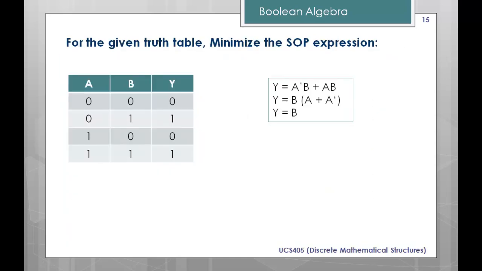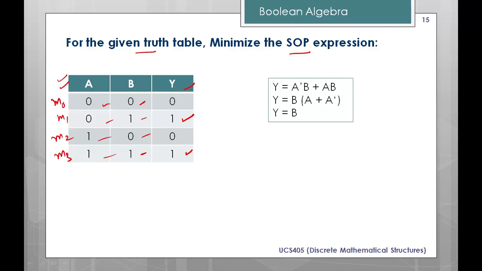A question can be asked in a variety of ways, either using SOP or using POS. The point is that, see, in this truth table we have 2 inputs. What are those inputs? A and B. If 2 inputs are there, how many combinations are there? Only 4: 0 0, 0 1, 1 0 and 1 1. See, this is the output function for this truth table. And what is the output? 0, 1, 0, 1. So for the SOP, we have to write the terms where the output is 1. So this is m0, this is m1, this is m2 and this is m3.